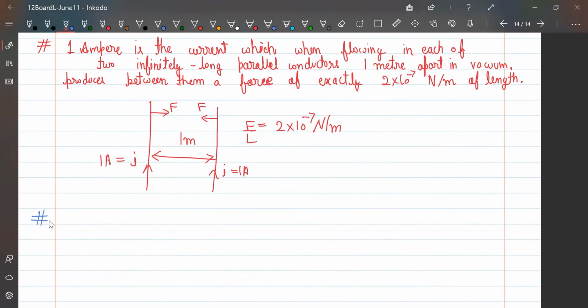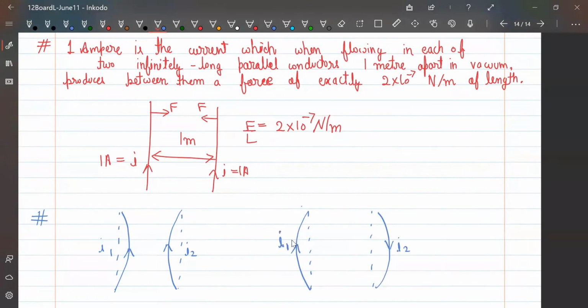And due to attraction of wires, what happens is that if you have wires in which the current is parallel, if the wire is flexible, then they tend to bend towards each other. And in the other case, if the current is anti-parallel, then they tend to repel each other.